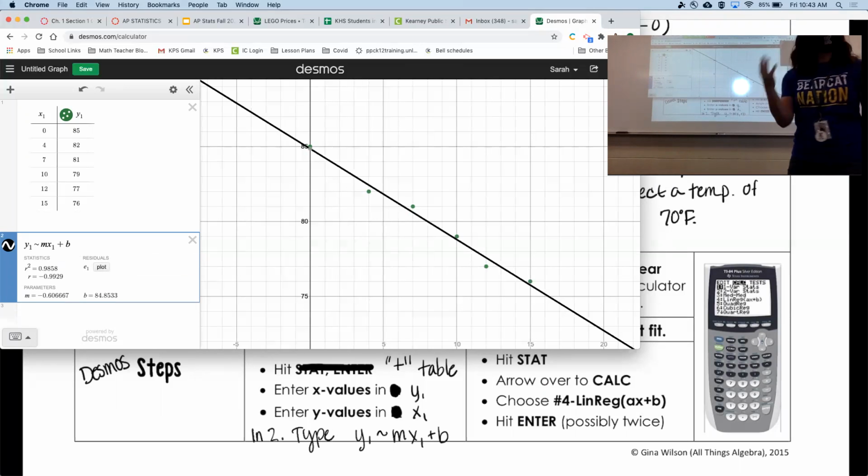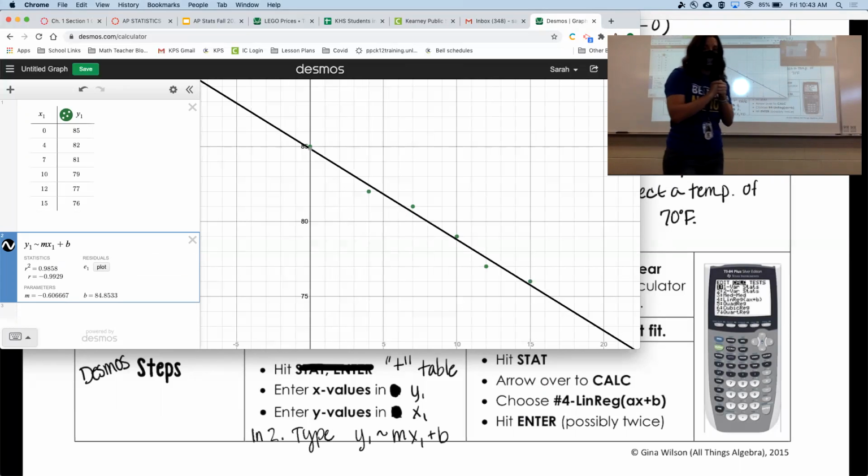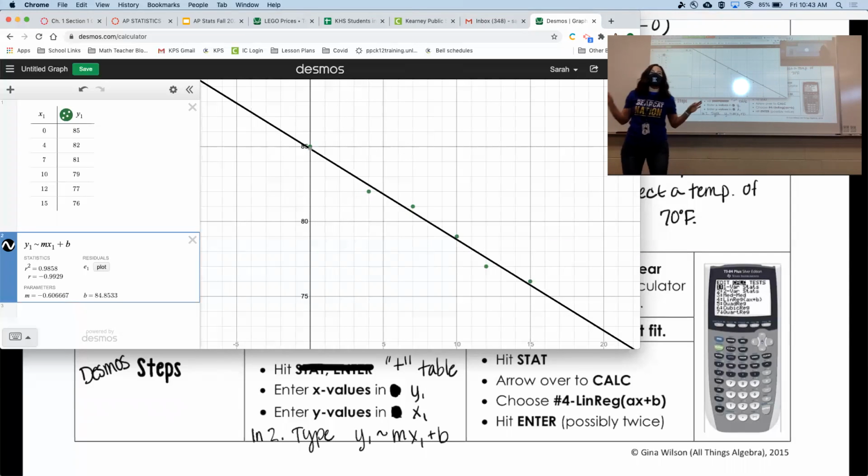And it will automatically draw your best fit line for you and give you all the values that you need to write that equation. So based on what we just did, the m down here and the b down here are the m and the b for our best fit line. So from the calculator, or from Desmos,